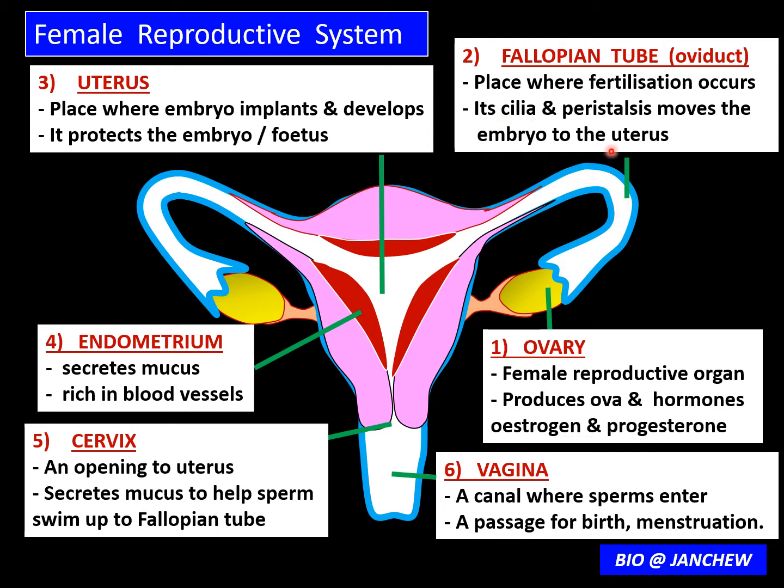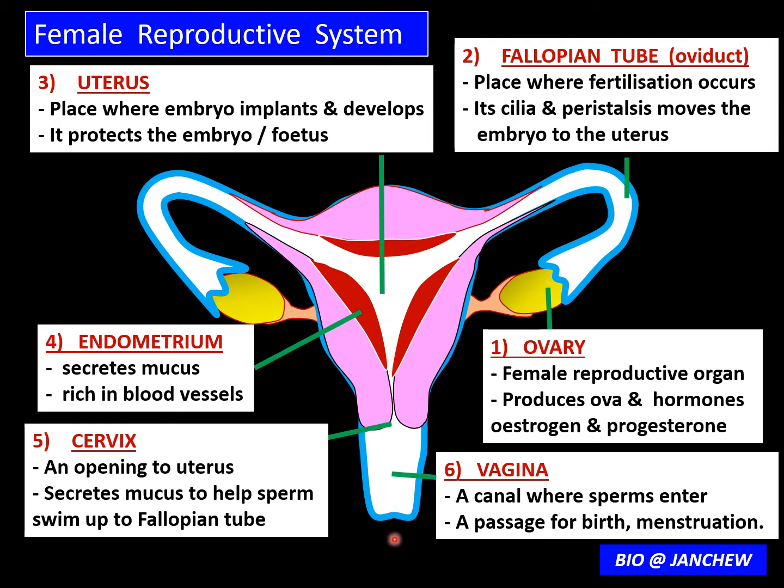And it can carry out peristalsis, meaning that the muscles in the fallopian tube can contract to push the embryo. If an embryo is formed, it can be pushed down to the uterus to be implanted there. The embryo is formed if there is fertilization and formation of a zygote that can develop into the embryo. Even if not, the secondary oocyte, or the immature ovum, will also be swept down to the uterus, where it will come out through